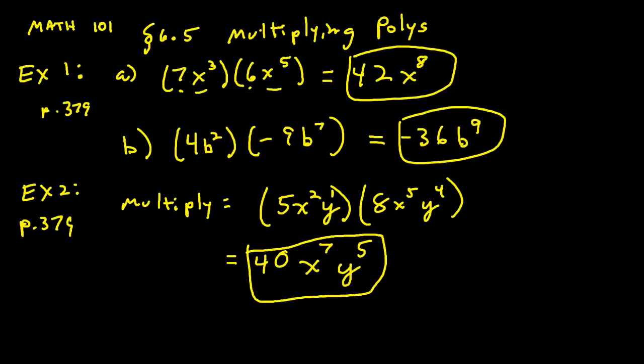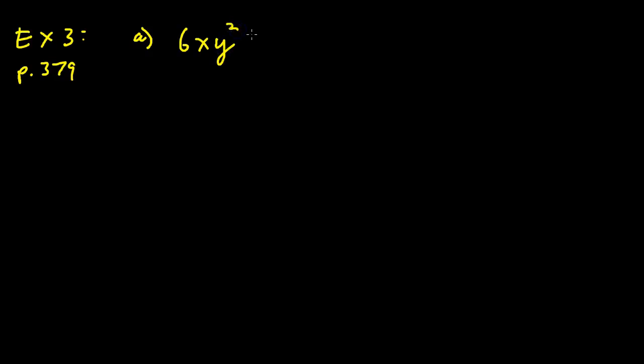All right, let's get a fresh screen here. All right, let's look at example 3. Nastier still as we climb up the ladder. Again, example 3 on page 379. Two parts to this one as well. Example 3a, we've got, well, this monomial has 3 variables. So we've got 6x, y squared, z to the fifth power, that is a monomial, times minus 3, x to